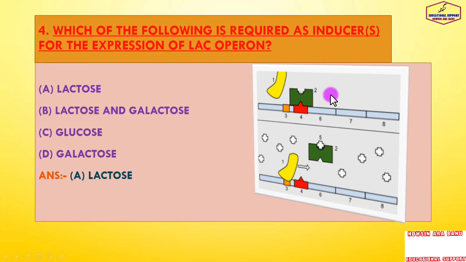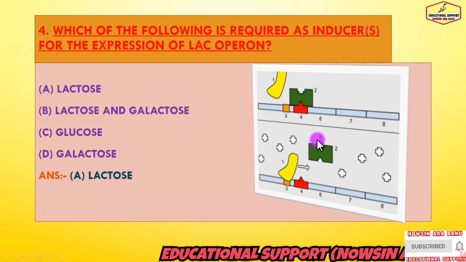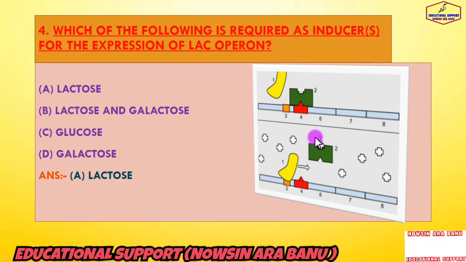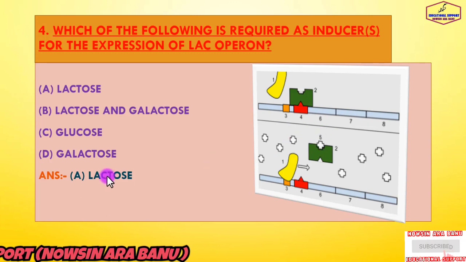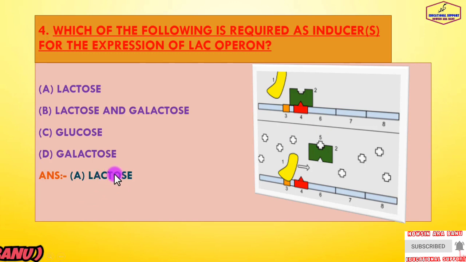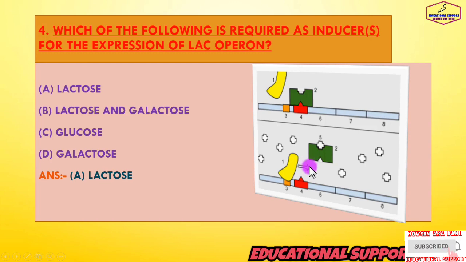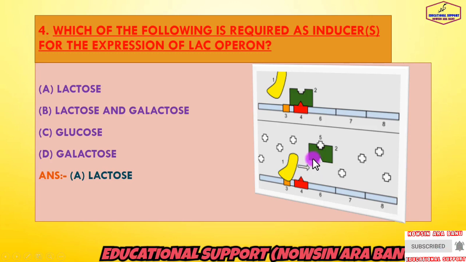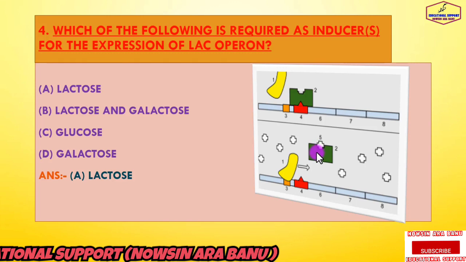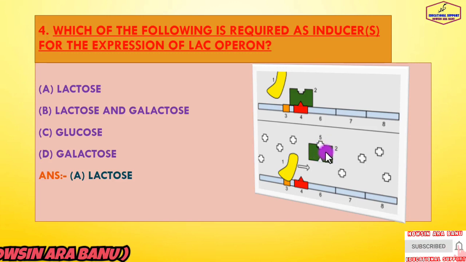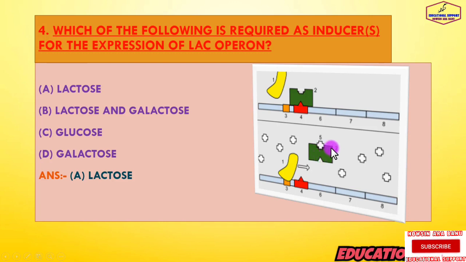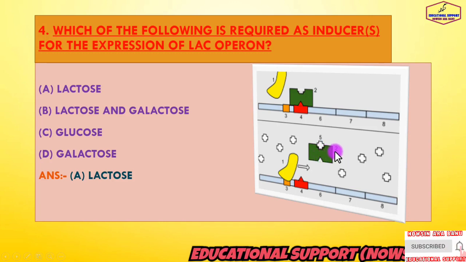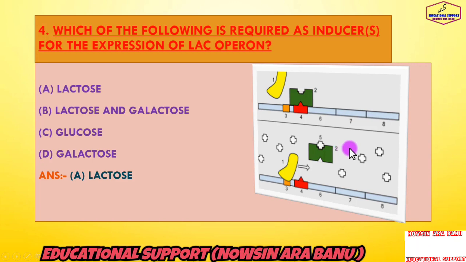Do you know what the lac operon is? The lac operon is an inducible operon. Lactose is the substrate for the enzyme beta-galactosidase. Do you know what the function of lactose is, or what happens when lactose is present? It regulates switching on and off of the operon. So lactose is converted to allolactose by beta-galactosidase in an alternative reaction to the hydrolytic one.